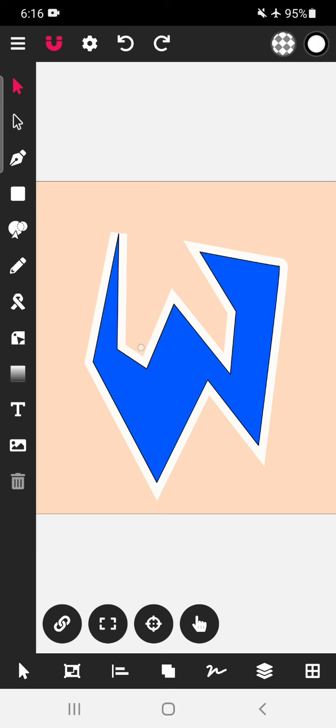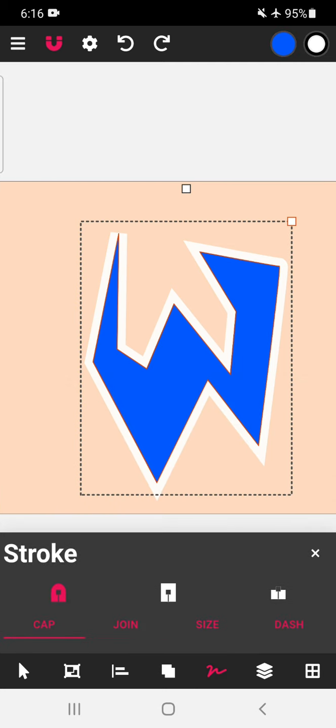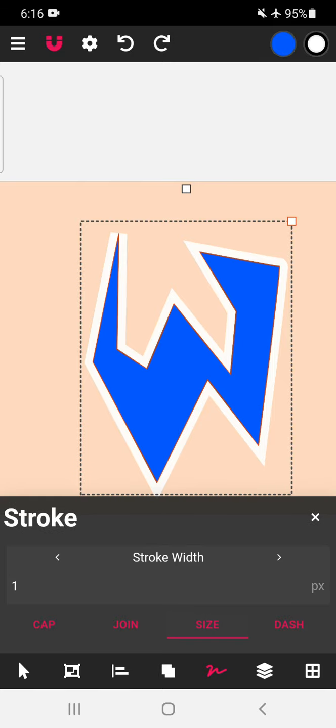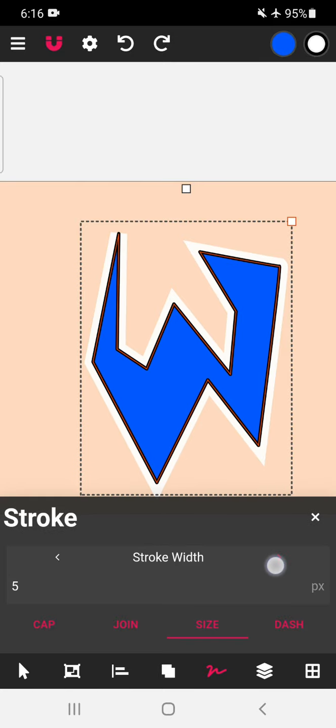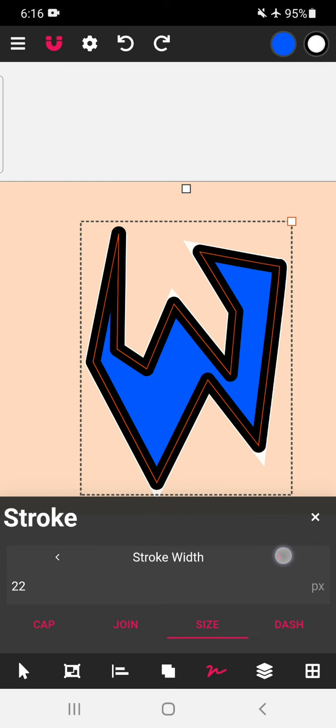Now we will focus on making offset path which is inside this particular image. Click this image, tap over here, size, increase the size of the stroke again.